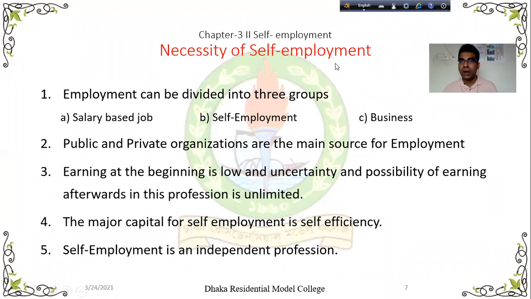তাহলে ইফ আই টক ইন বাংলা, কর্মসংস্থান 3 প্রকার। নাম্বার 1, বেতন বা মজুরি ভিত্তিক চাকরি। দ্যাট মিন্স, যেমন আমি চাকরি করছি সরকারের অধীনে, আমি মাস শেষে আমার কাজের বিনিময়ে একটি নির্দিষ্ট পরিমাণ বেতন পাচ্ছি।